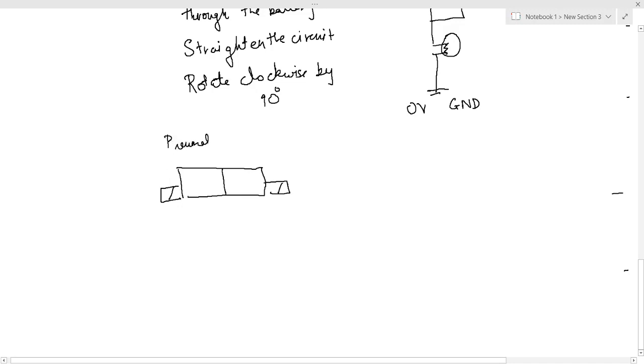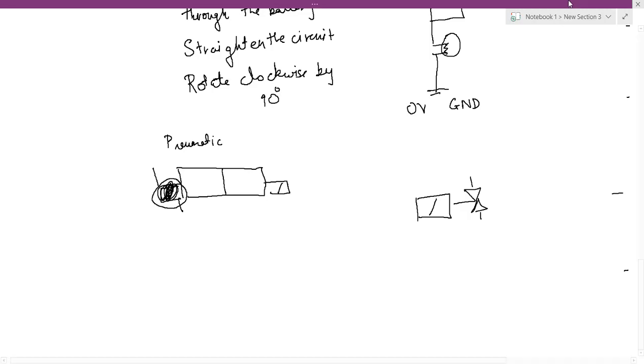pneumatic circuit, right? Whenever you are drawing this solenoid in your electrical circuit, this solenoid has electrical wiring on it. When electricity passes through this wiring, only at that time the solenoid will turn on. So the symbol for that is this. Okay, this is your valve solenoid. We will see all of this in a minute when we draw the A plus A minus circuit. Okay, so hopefully at least this much is clear to you, right?